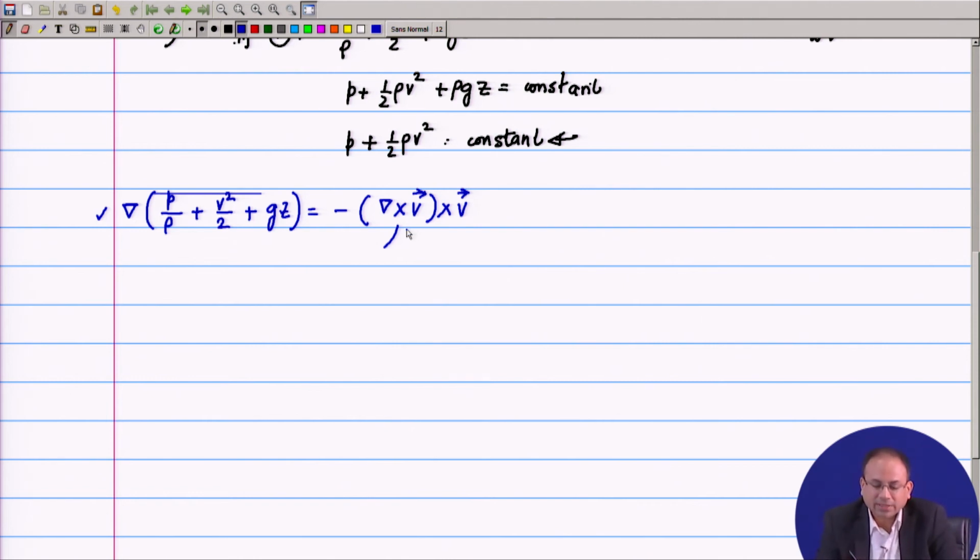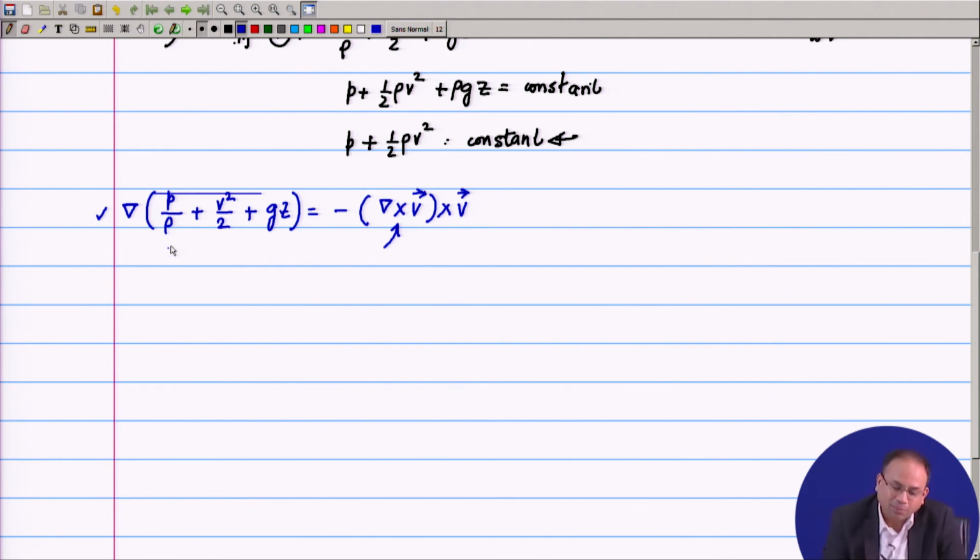But in this case I am saying the gradient is not 0, because the particular flow field that we are discussing has rotational behavior. So then the gradient of the total head is not 0, there is something, but remember this is a vector. A vector might still have a 0 component in some particular direction. Now, if it can be shown that, looking at the direction of the streamline,